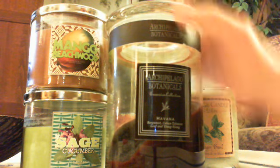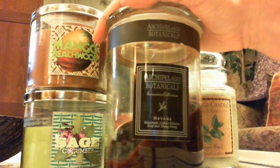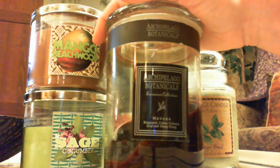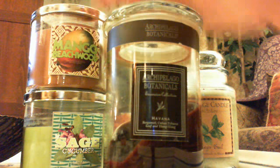Okay, back to the scent. So I smell the tobacco. The tobacco leaf is very much there. It smells sort of like pipe tobacco to me. Now, I don't know a lot about pipe tobacco, I haven't been around pipe tobacco, but this definitely smells